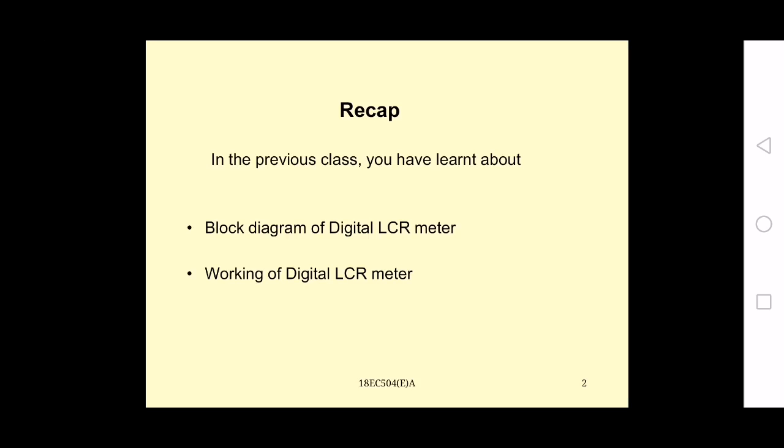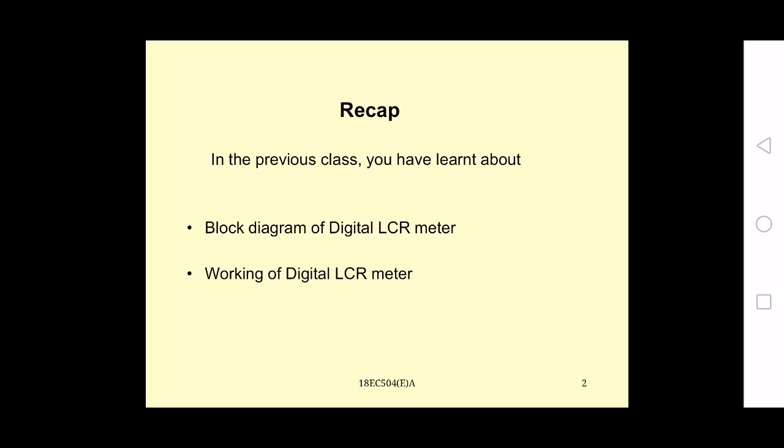So in the previous class, we have learned about the block diagram of digital LCR meter and its principle, operation and working, and how we are measuring the different components of unknown values of inductance, capacitance, and resistance. We have the function switch to select, that may be manual or automatic, which will select unknown quantities of LCR, that is given to the conversion circuits. The conversion circuits are nothing but an op amp with a phase sensitive detector, which will convert the corresponding